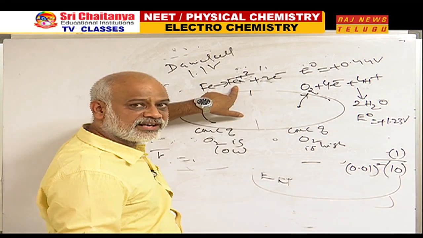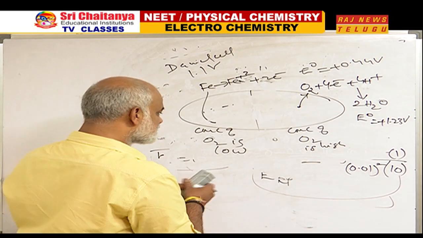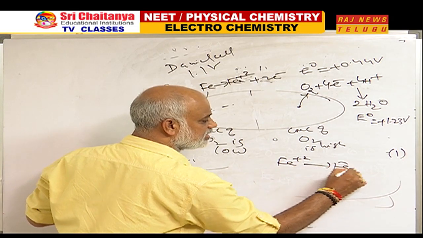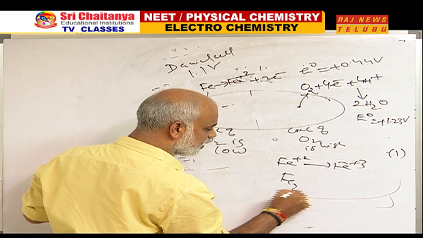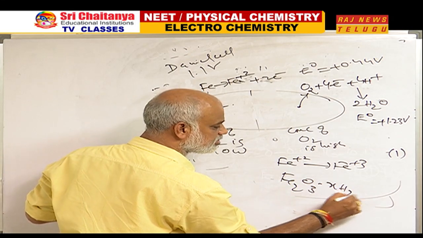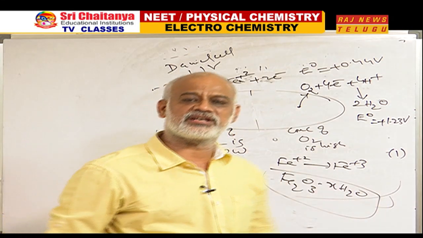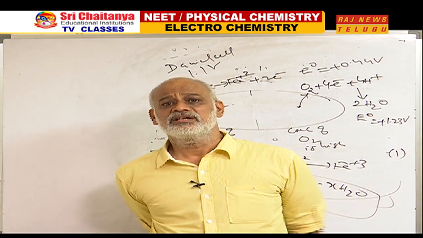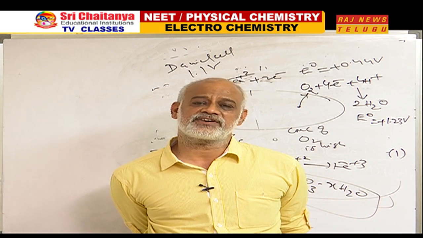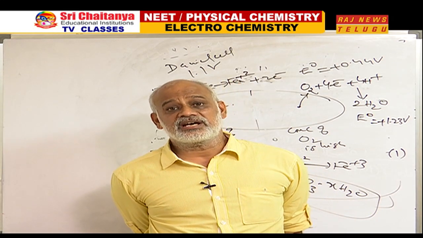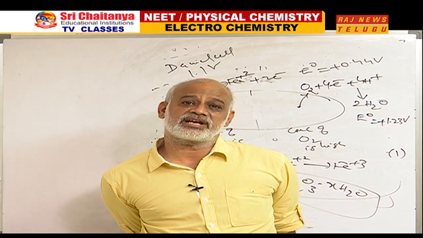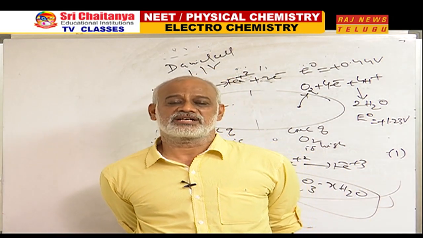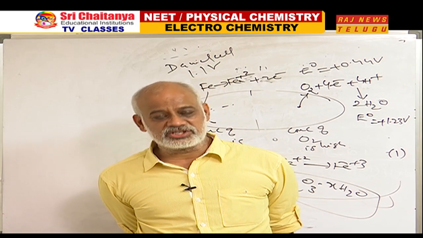What is the metal? Ferrous. That ferrous further gets converted to ferric, and this ferric reacts with water to form Fe2O3.XH2O, which is reddish brown in color. Thus rusting occurs. Tell me, what are the favorable conditions for rusting? The metal with a greater tendency to undergo oxidation only will undergo rusting or corrosion.